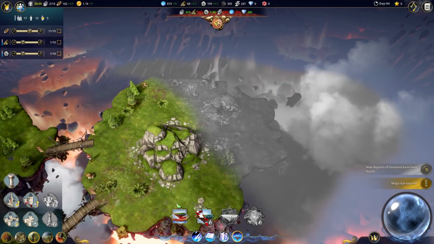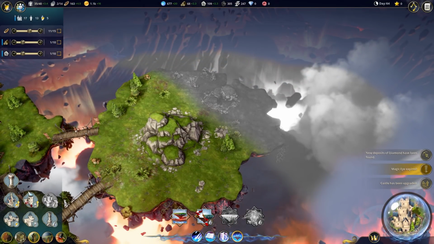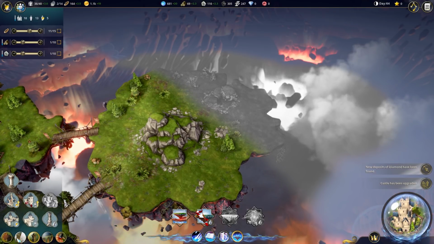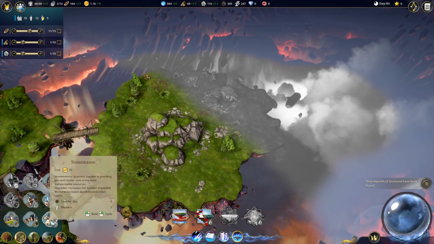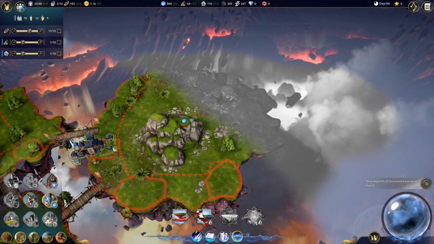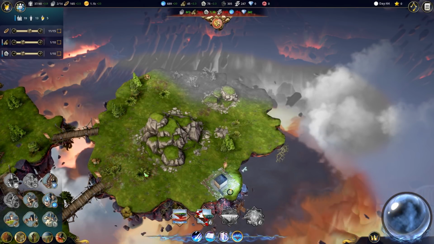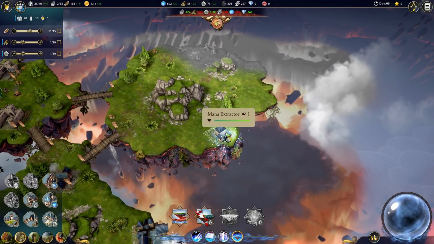So I want to build maybe a diamond mine, but maybe what might be better is to build something to make me some mana. If I can. Don't know if that's something that I have to... Mana extractor. There we go. I don't know why they were all red. Pretty sure...